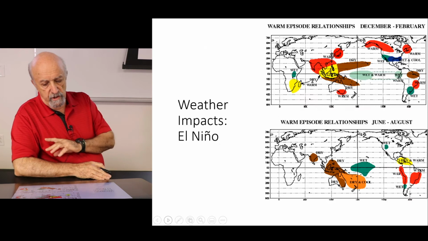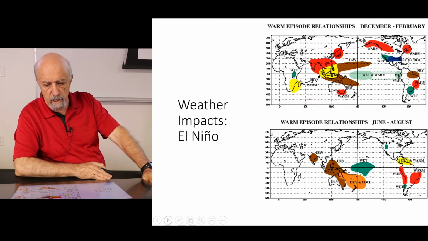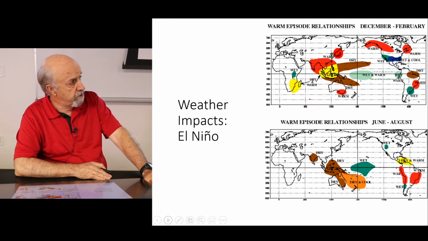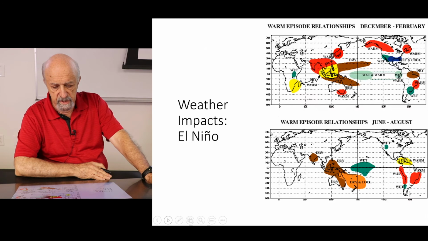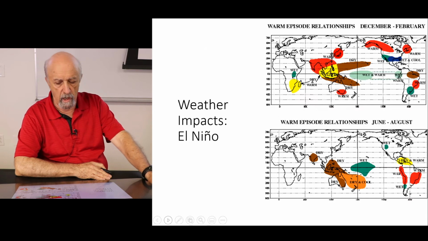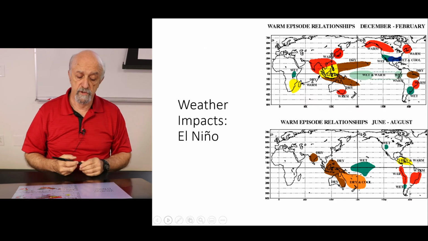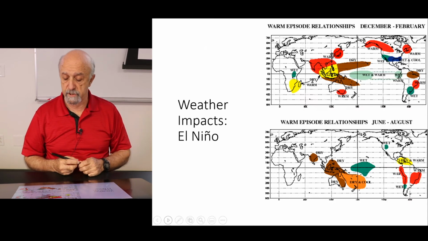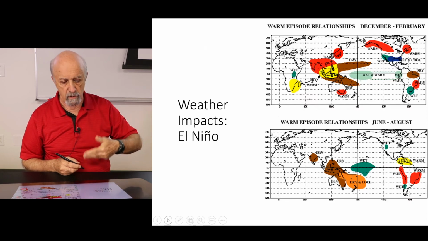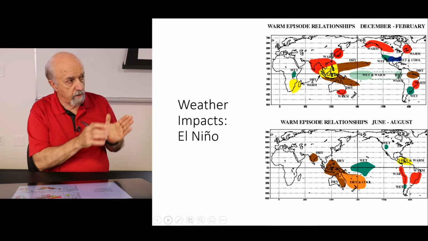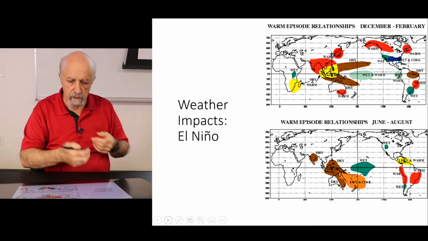obviously, being such an important change in the oceanic conditions in such a large area, we do have changes in the weather. We may actually say weather instead of climate. Climate is much more long-term, and I'm probably not quite sure it should be called climate changes or climate impact in El Niño. Weather is something that happens right now, and climate is something that happens over a year or